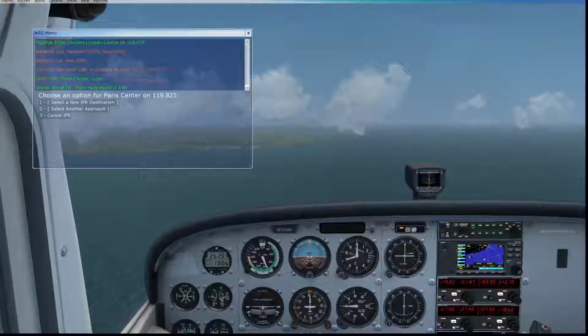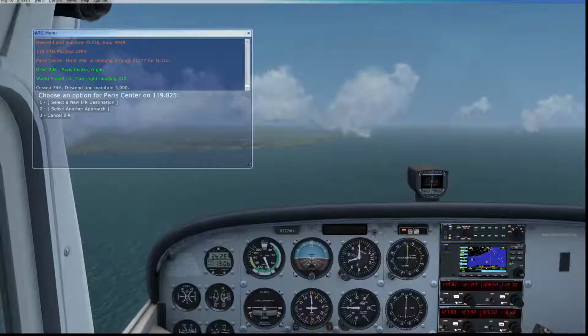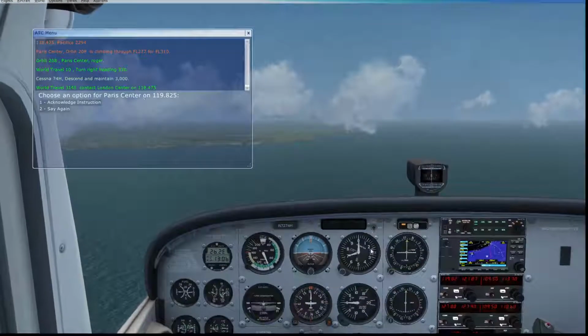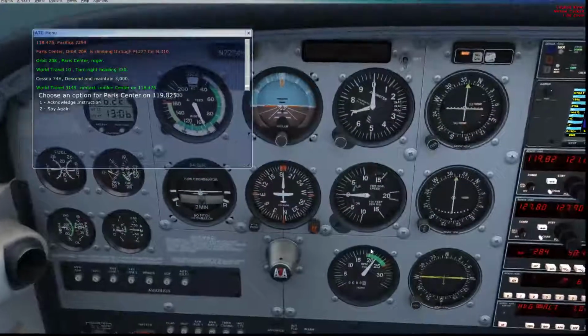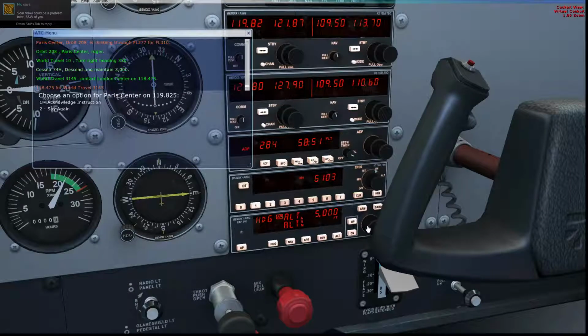But that could change. I mean, FSX basically just spawns planes. Okay. Now it wants us to descend to 3,000. That we can do. So we'll set our autopilot to 3,000, and we'll set our vertical speed to 400. And that's already armed, so...